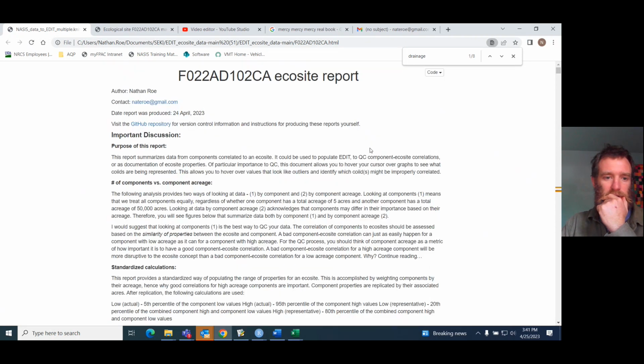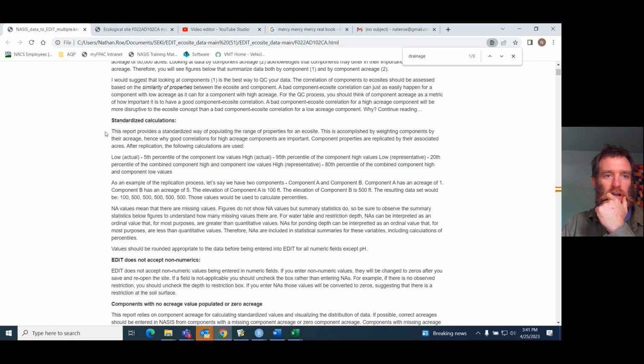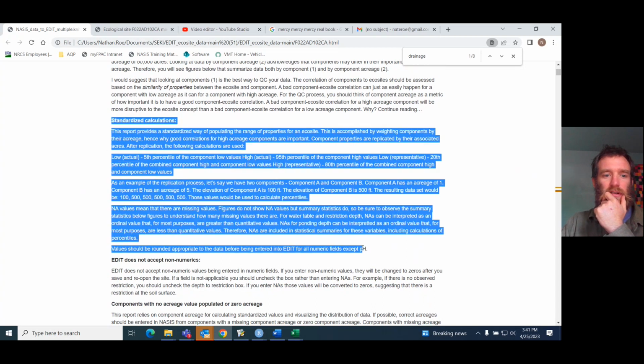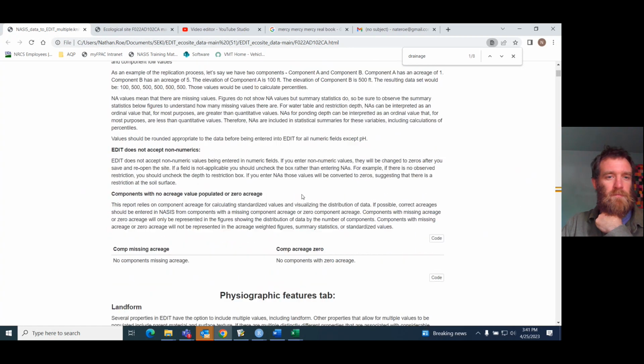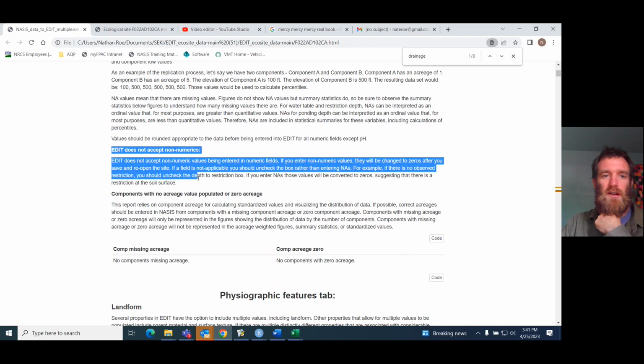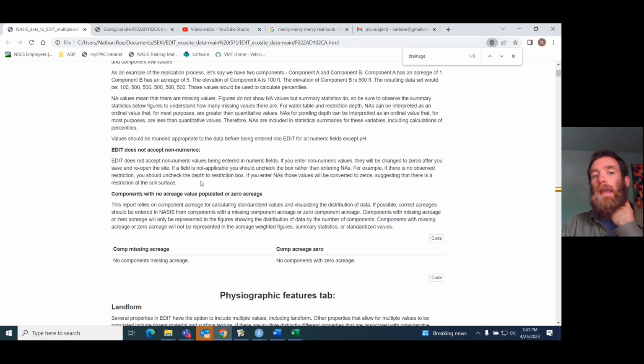Let's come back up to the top and see. So I think that really covers this standardization section. So that's how standardized properties are calculated. There's some other reminders in here. Edit at this point does not accept non-numeric values like NA. So I mentioned previously that, if slope wasn't populated, to uncheck the box. And that's something that you need to do rather than put an NA in. This is just kind of a brief reminder. It's not particularly related to the report,